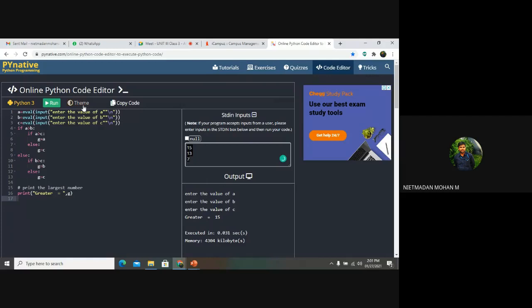Are you clear about this? In a nested if, in a particular if we are using another if and else statement.